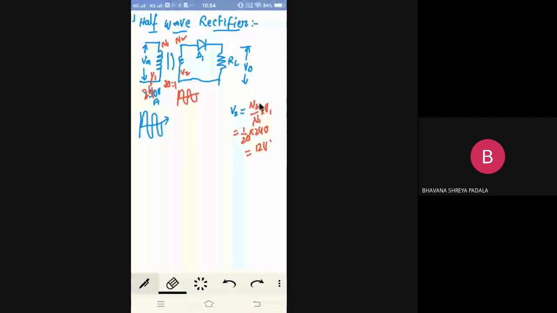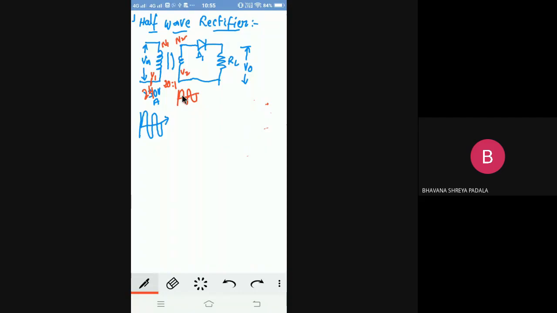Now here, what is the step down transformer used for? It decreases the strength of the AC signal. The input for the step down transformer is an AC signal. The output of the step down transformer is also an AC signal, but it decreases the strength of the AC signal, or it decreases the voltage of the AC signal. Now here I got this AC voltage, and now let us consider case 1.